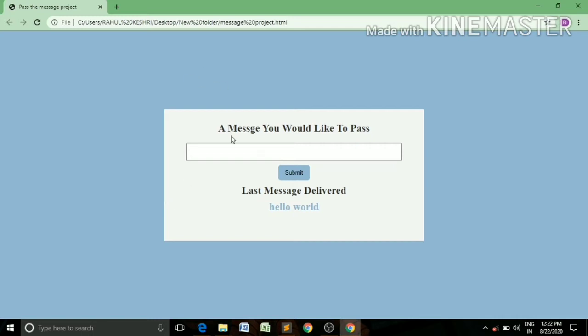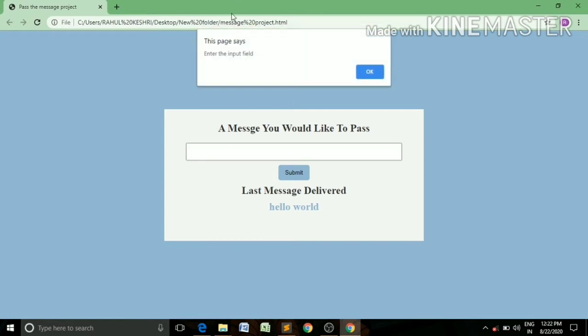Okay, so when the user fills this input field area and clicks the submit button, then the value of this input field should appear at this place. If the user does not fill this input field area and clicks the submit button, then an alert pop-up message should appear.